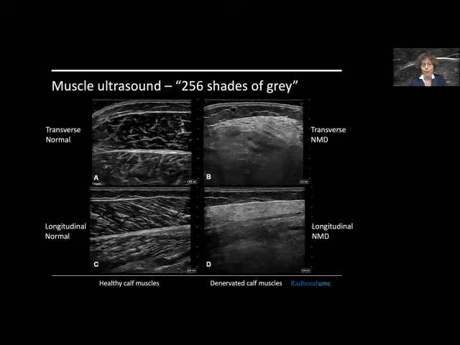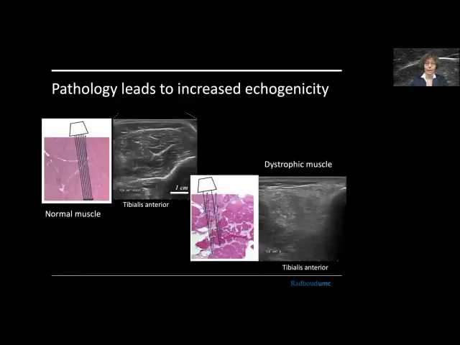Now the image on the right is pathology. So here the muscle has been replaced by a very dense white tissue consisting of fibrosis and maybe a little fat. This is a muscle that's been completely denervated in this case. And if it's like this, I don't think you will have any problem with using muscle ultrasound because this is easy to see, right? So what happens here is that if you have intramuscular pathology, this will cause muscle fibers